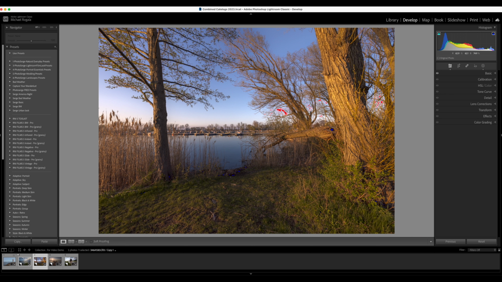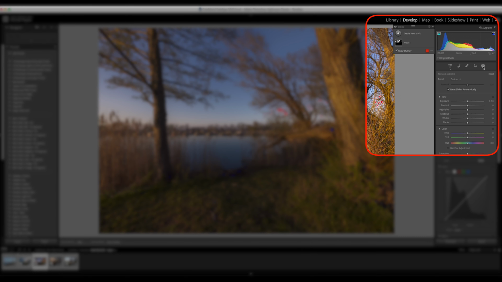Okay, so here's what I want to do here. Let's just say I want to edit the foreground. This is a very busy photo, very difficult just to get the foreground. I could do a linear mask, but then the trees are going to be out of it, and I kind of want to get all of them, at least for now. I want to get all of them together. So what I'm going to do is click my mask, okay, and then I am going to click